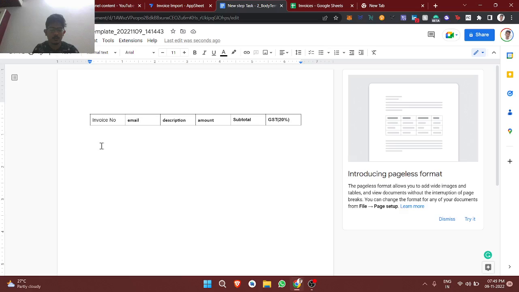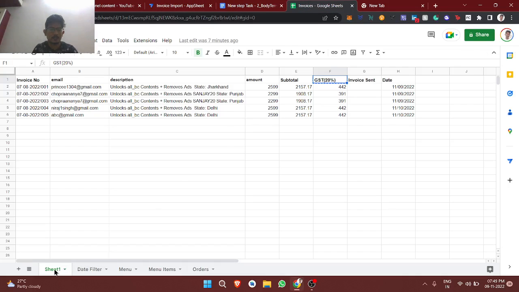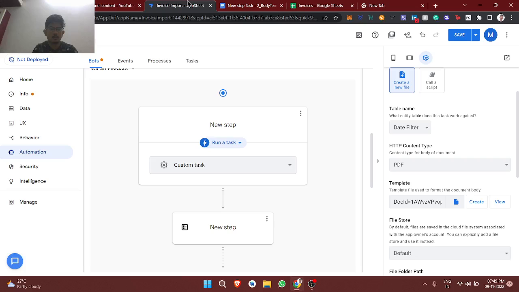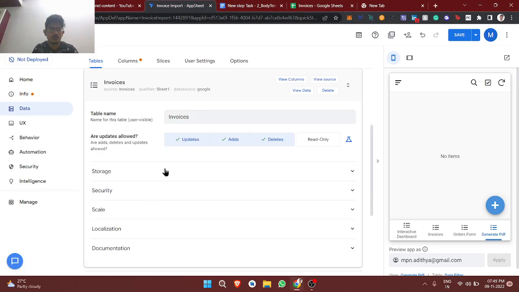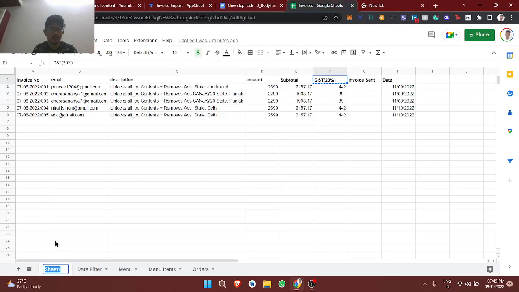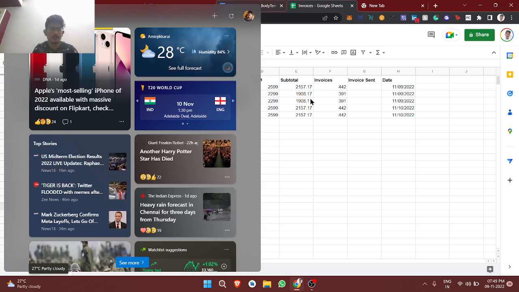For that, what we need to do, this angular bracket start comma colon, sorry. So then we have to give the expression here. So we're going to select this data from this sheet 1. Sorry, the table name is invoices actually. Okay. Here we will change this also to invoices. Okay, let it be sheet 1, but whatever the table name here is,